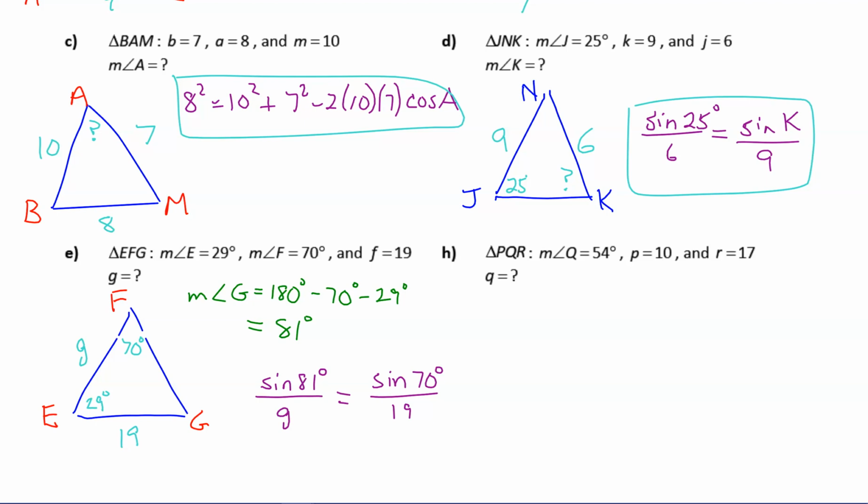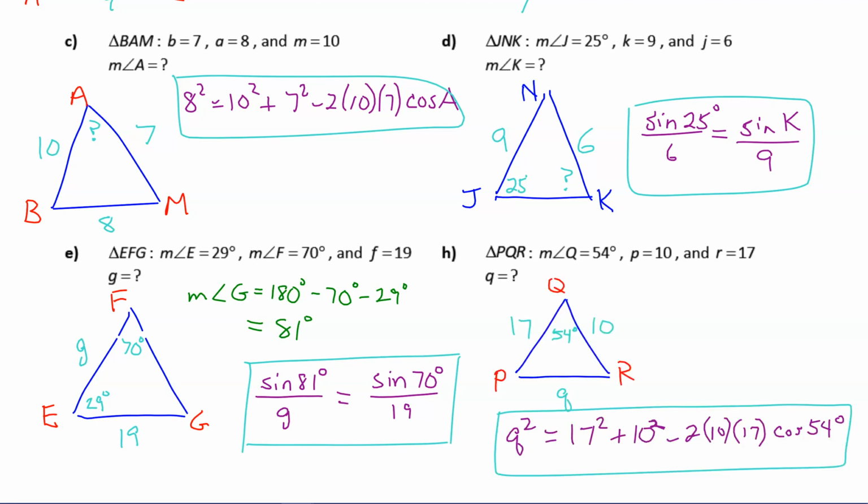Notice that we did not use the 29-degree angle because we don't have an opposite side labeled with a measure or with a variable. Try H on your very own. All right, for this one you should have used the law of cosines since we have 3 sides and an angle, and we'll choose the law of cosines where q squared will be by itself on one side of the equation